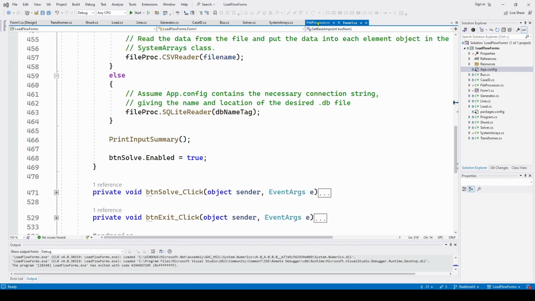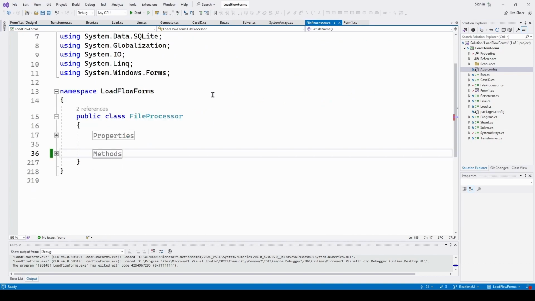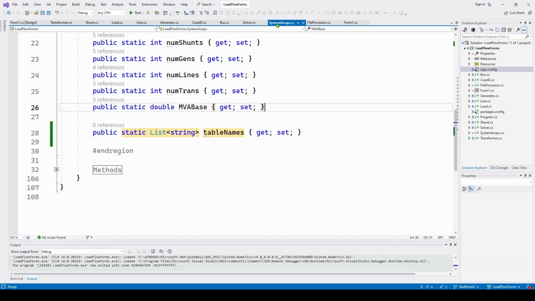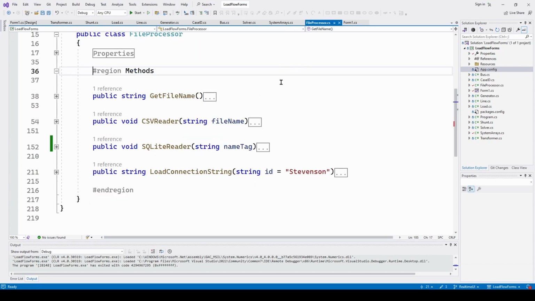One is a file processor class, which does all the work when we decide if we want a CSV or a database file. This does all of the loading and parsing of all of the data in either of those two types of files. And then it takes that data and puts them into the system arrays class. And these are the arrays that we're going to need to solve our network, to do a network solution. So no matter how we do it, they're all going to go into this single system arrays class with all of the data. So what we're going to do is focus on this file processor class, and